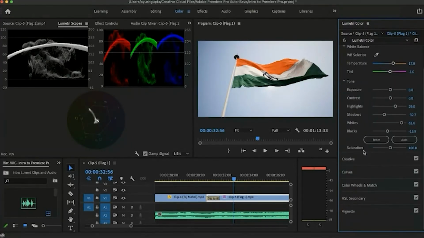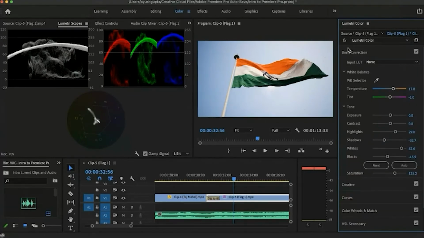So yeah. Now if you want the colors to look brighter and more eye-catchy, then you can just play with the saturation. Like if you want the blues to look more blue and the oranges to look more orangish. So now we have changed the saturation.